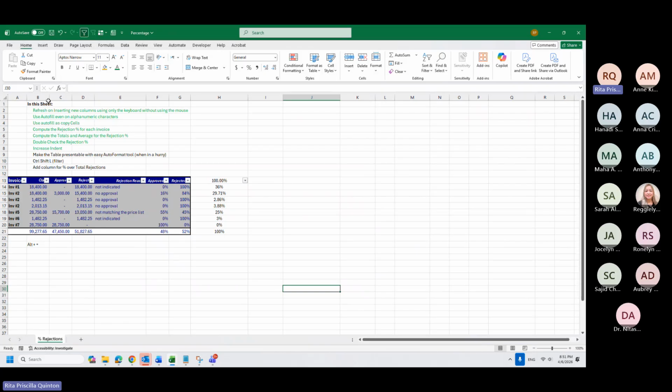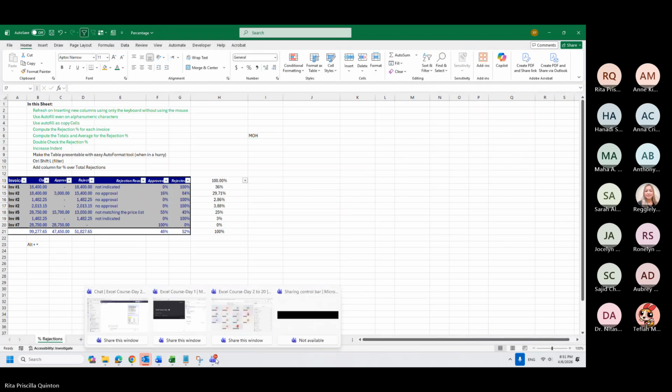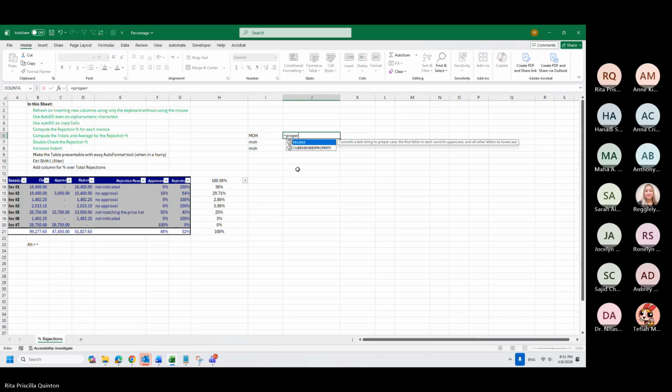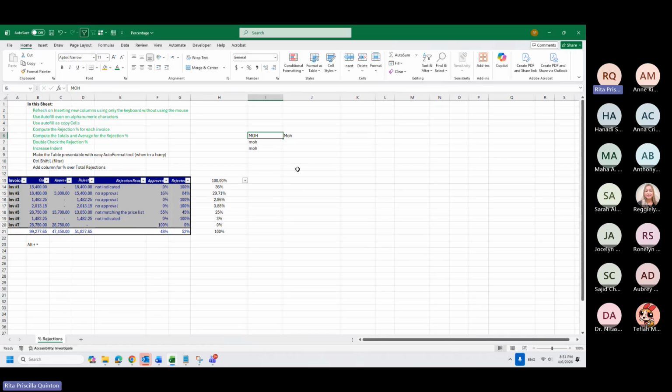What is proper and trim? For example, here MOH, and then here MOH, MOH again. Proper makes my text in accordance with the English dictionary, for example, Ministry of Health.